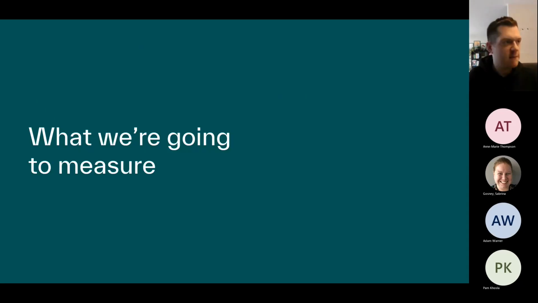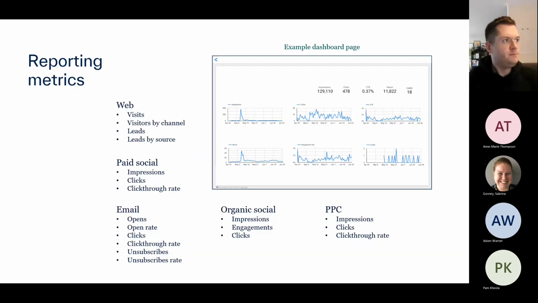So in terms of what we're going to measure, obviously measurement is so important, as we alluded to up front. This is just an example of some of the metrics that we might use within our dashboard. We would always suggest setting up a dashboard if we can. This one here is made up from Google Data Studio, now Looker Studio, just so we can give business leaders the information that they want in a way that resonates with them.